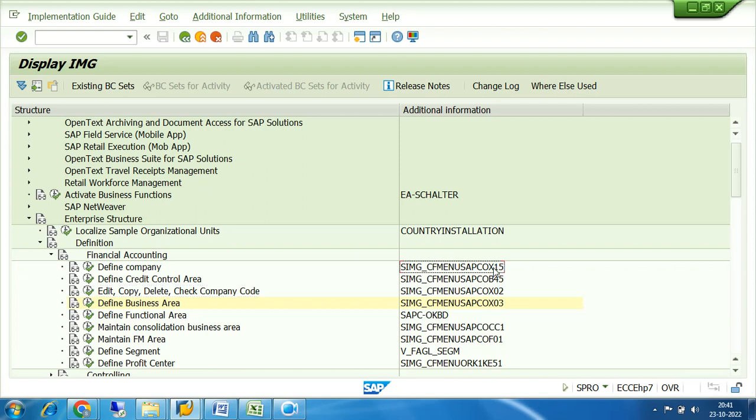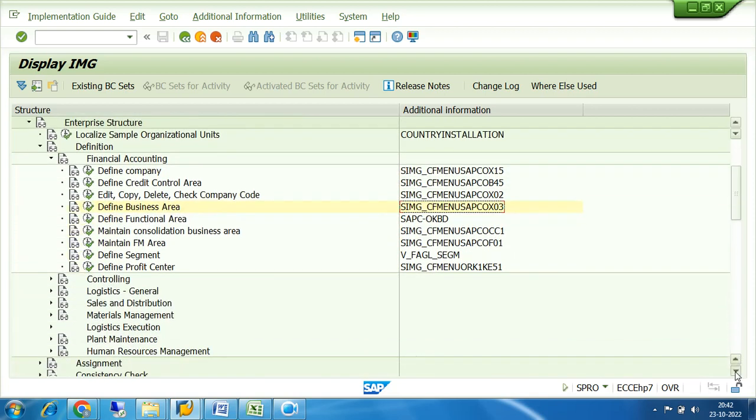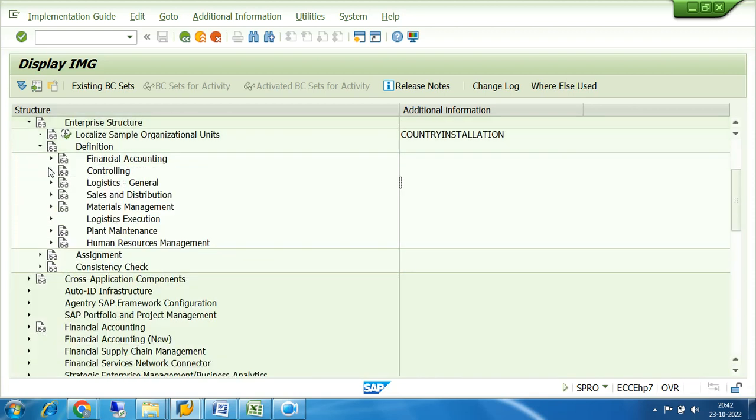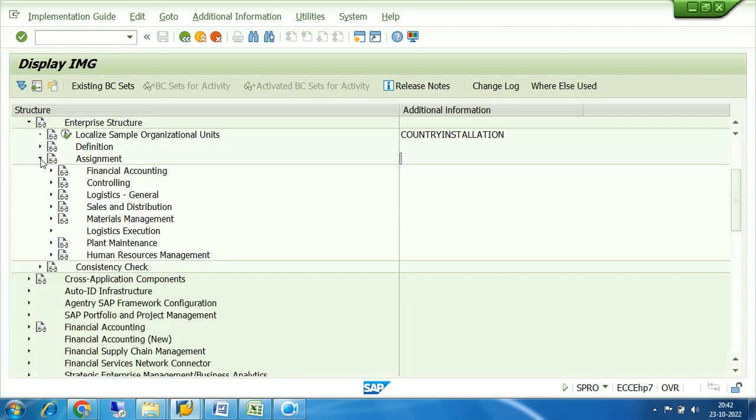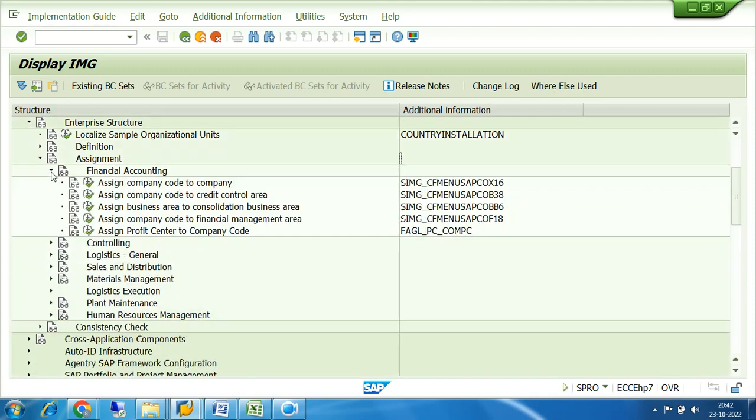For creation of the group company, the transaction code is OX15. Similarly, for creation of business area, the transaction code is OX03. So these are the transaction codes. Regarding the assignment, like group company assignment, if we find out assign company code to company, then